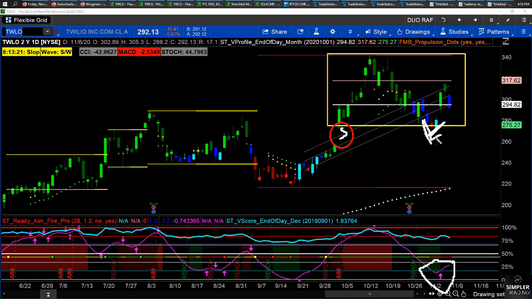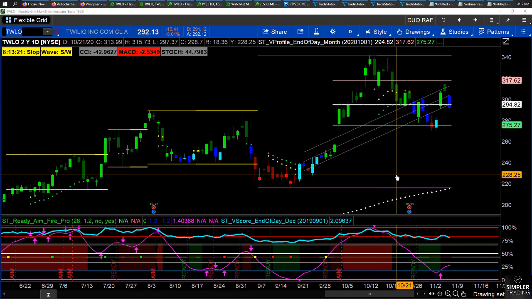Right in here. And then if I look down, if my ready, aim, fire is in the ballpark, I might even front run the ready, aim, fire, because before the ready, aim, fire says go, it's getting me ready. That's what I love about ready, aim, fire, right? And if I already have some other levels, technical levels, gap levels, the confirmation of a distribution chop, and I know I'm in a sideways chop, I don't mind putting on a position and maybe front running the process just a little bit. So cool question